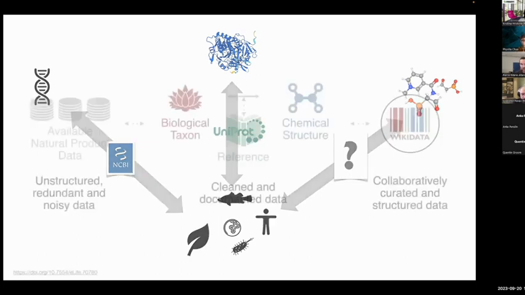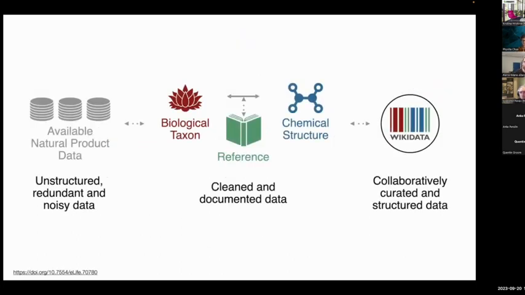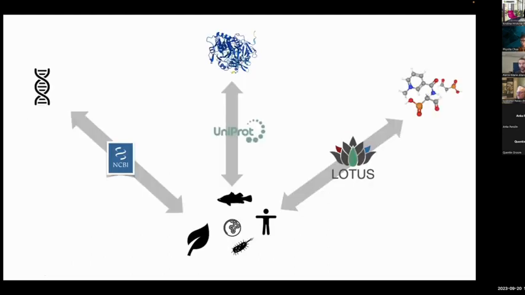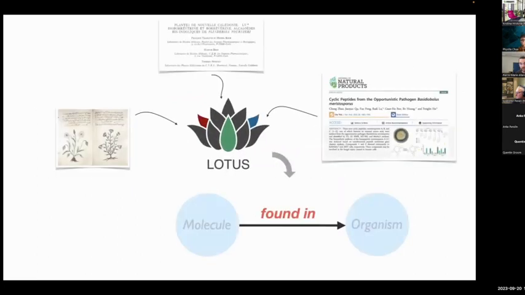And so what we did is that we gathered all the publicly available databases of natural products, and there was a heavy work of harmonization, curation, and standardization to collect three objects: biological taxons, chemical structures, and the reference of the work documenting this occurrence. And then this has been shared in another knowledge graph, the Wikidata knowledge base, where this allows us to benefit from community curation. So we think that we have a first step toward a valid resource to document the occurrence of small molecules inside biological organisms.